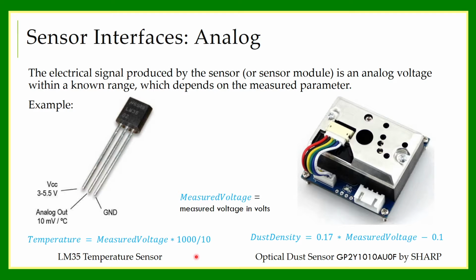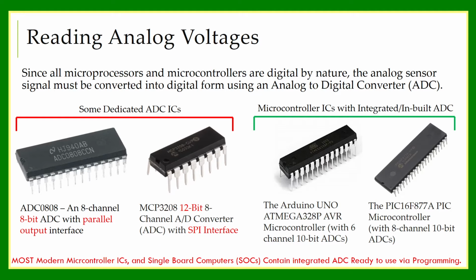So using these formulas or these relations, we can measure the output voltage of the sensor through the ADC of the microcontroller. Then we can calculate the value of the parameter. Now to read the analog voltage, we need something called an ADC, an analog to digital converter, in microcontrollers, because microcontrollers or any form of computers are digital devices and the sensors' output is analog in nature. Therefore we need them.